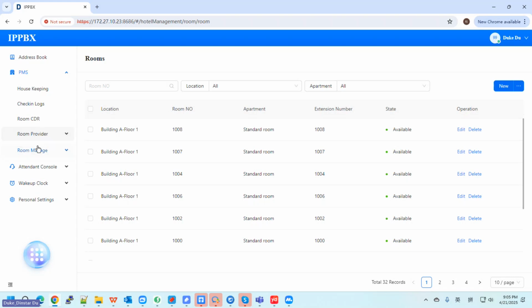Okay, this is the loan management. For the loan provider, these users can check the loan CDR and the check-in log, and the users can